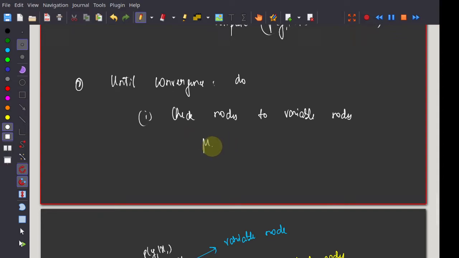So from, let us say, the ith check node to the jth variable node, the message is going to be obtained in the following manner. Now each of these messages is going to be a function of x, okay? And this is equal to